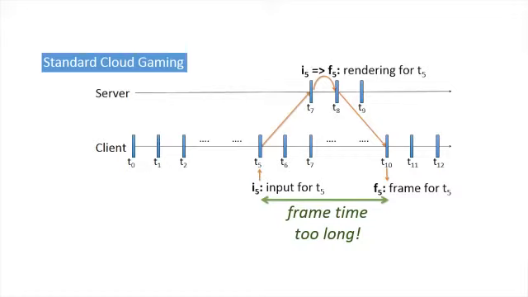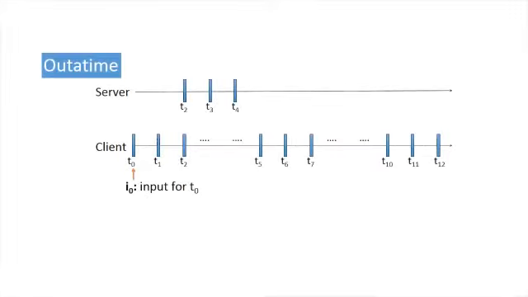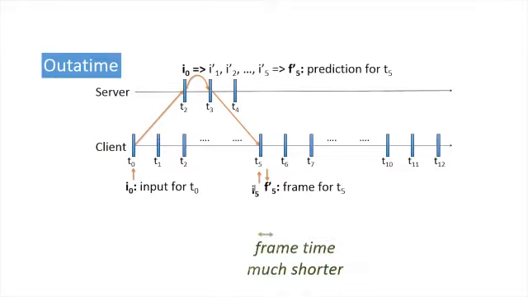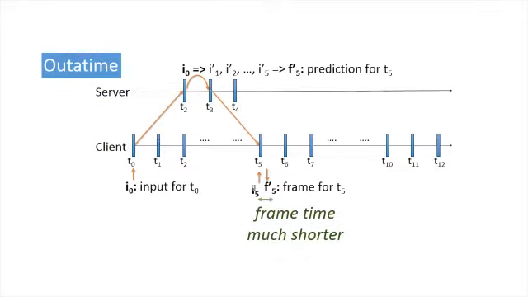To overcome internet latency and deliver responsiveness, Outatime employs speculative execution on the server and compensates for misspeculation on the client. The basic principle is to use statistical inference to speculatively generate possible output frames and transmit them to the client a full round trip ahead of the client's actual corresponding input. If the speculation is wrong, the client applies a simple warp on the speculative frame to obtain a result that is a close approximation to the ground truth. The server can undo wrong speculations in real time. The key is that clients experience zero network wait time between submitting an input and receiving a corresponding frame that is ready to show.